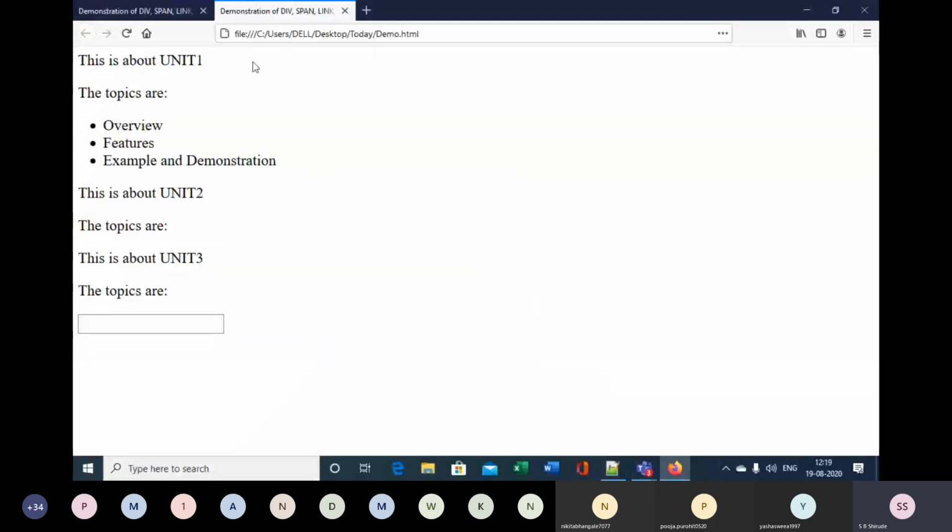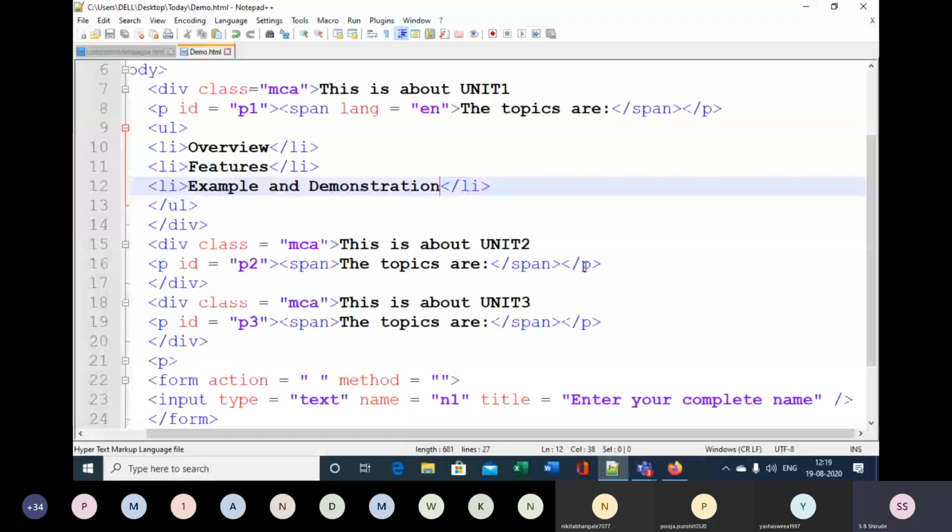Okay, now in the second paragraph I will insert the OL. If I make OL in place of UL, I will just put O, and here also in place of U, I am making an ordered list. So if I launch it in the browser, 1, 2, 3.